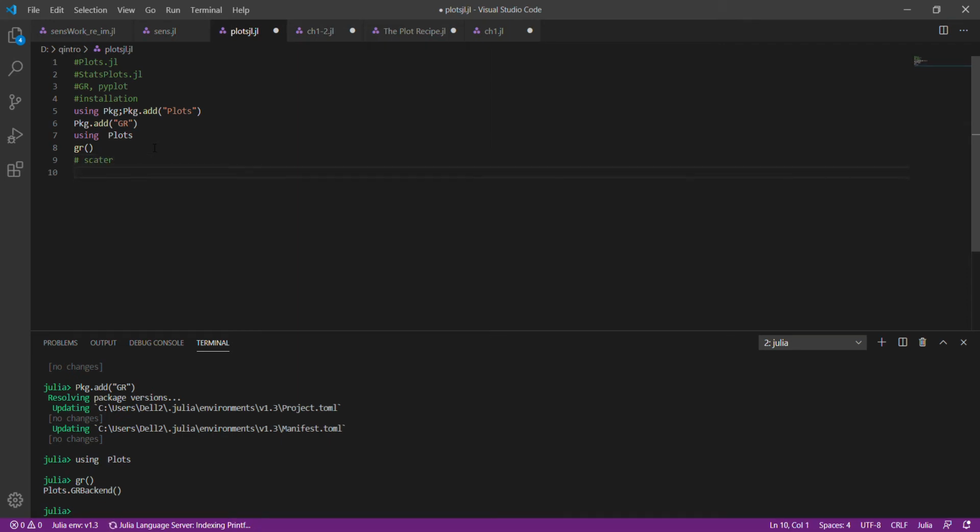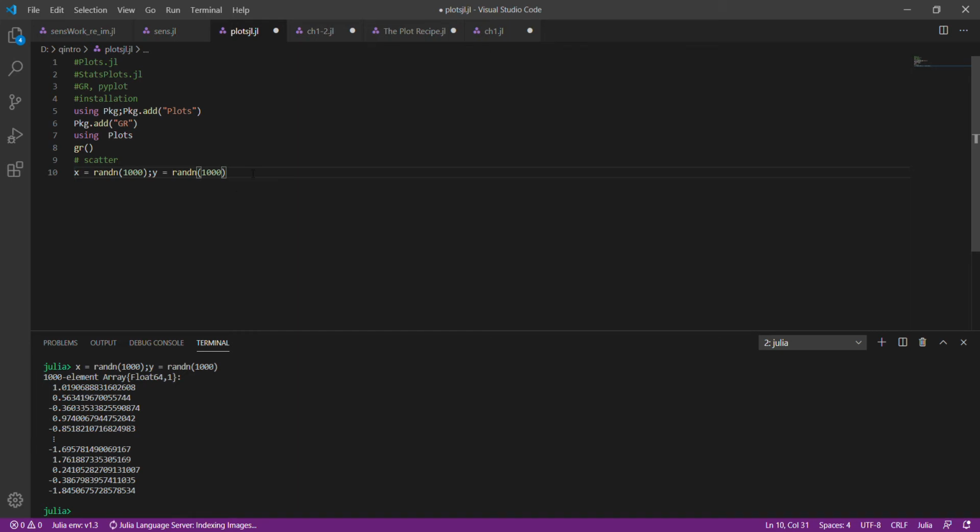with some random points. We start by generating some points. So let's generate some random coordinates of 1,000 random points following the normal distribution. And then we can make a scatter plot. So I type scatter, and